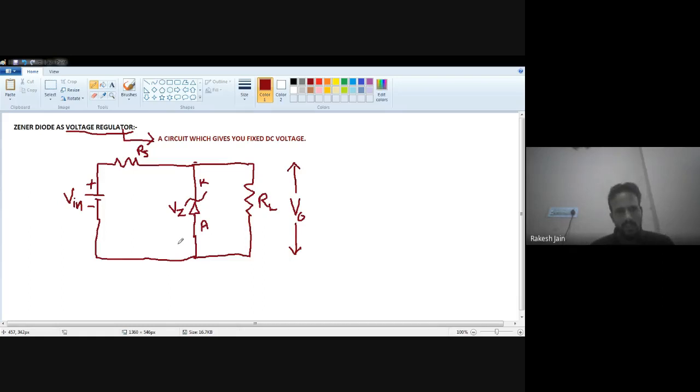The meaning of this is, whenever the reverse bias voltage at the input is greater than the Zener voltage, for example, suppose the Zener voltage is 3.3 volt and you provide 4 volt at the input, then what will happen? Because the input voltage of 4 volt is greater than 3.3 volt, at the output we will find only the Zener voltage. It means a fixed voltage.